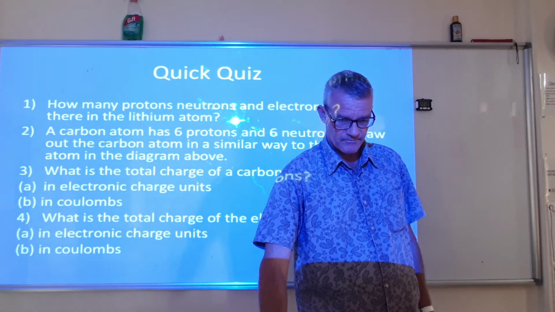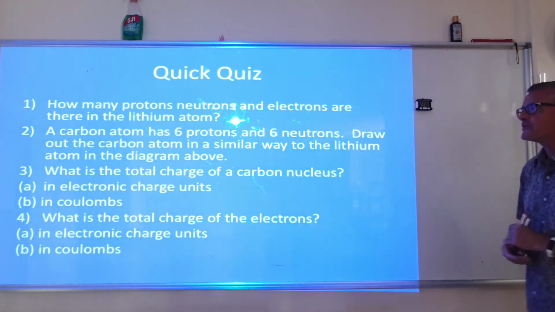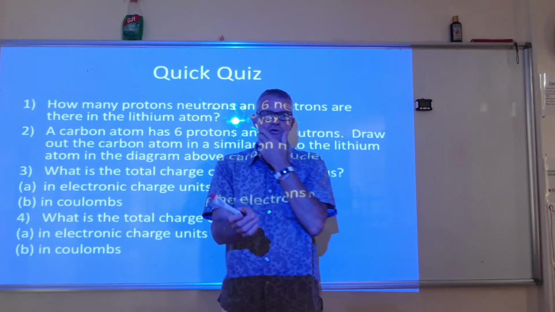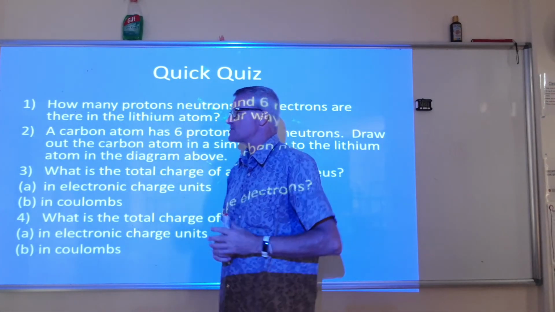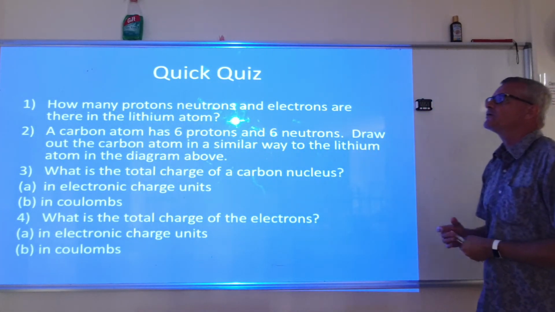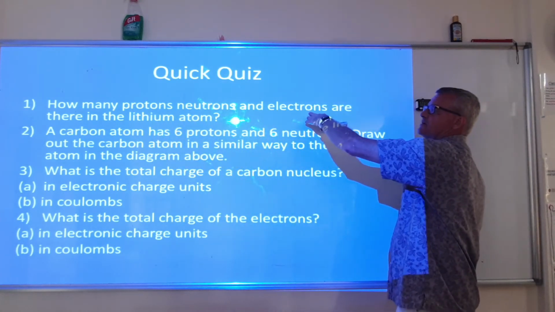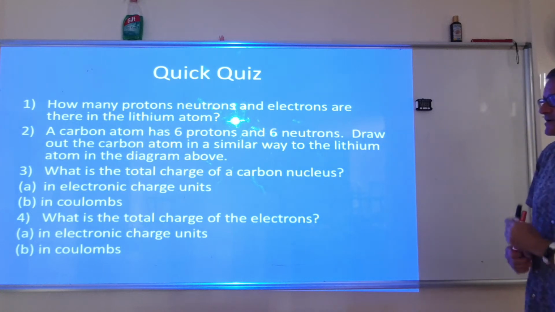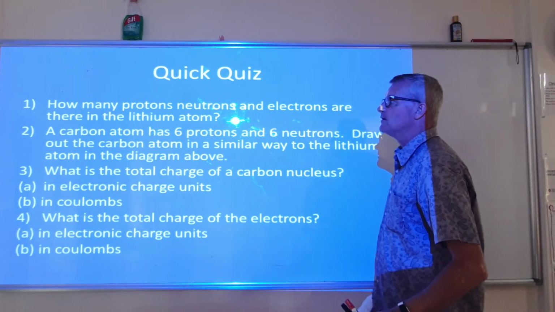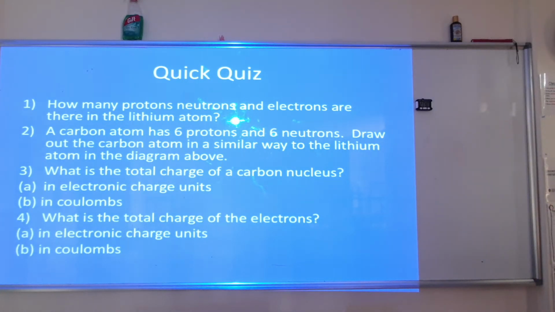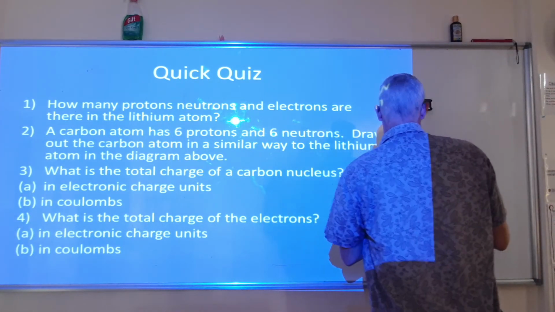A quick quiz. We saw already the lithium atom. Just go back in the video. Lithium has 3 protons, 4 neutrons. As it has 3 protons, it also has 3 electrons. If we look at carbon, carbon has 6 protons, 6 neutrons. How could you draw a carbon atom in a similar way to the lithium atom? The diagram, well,